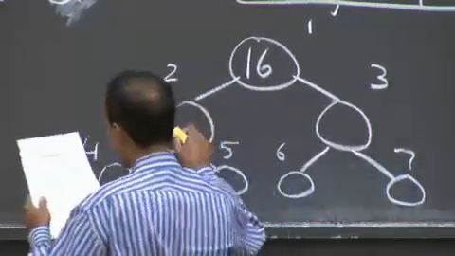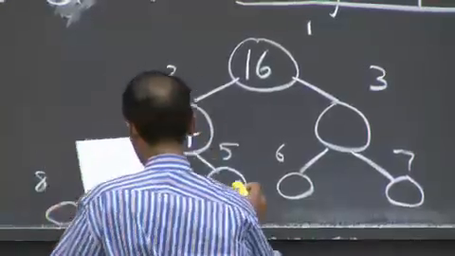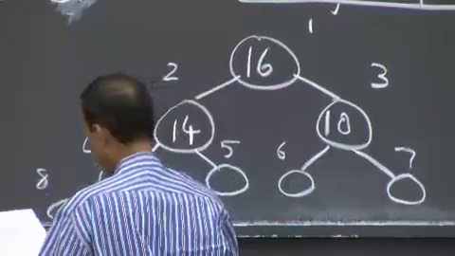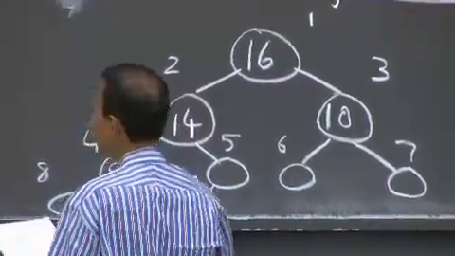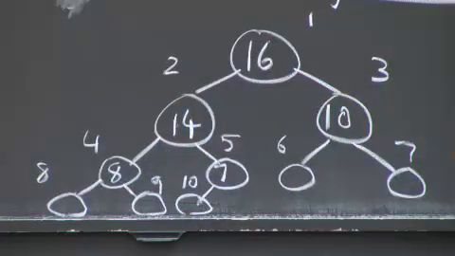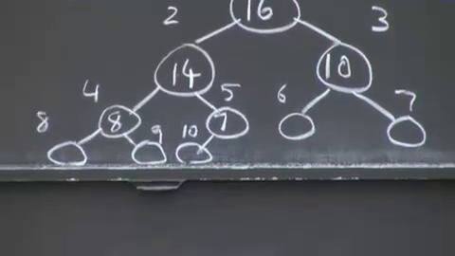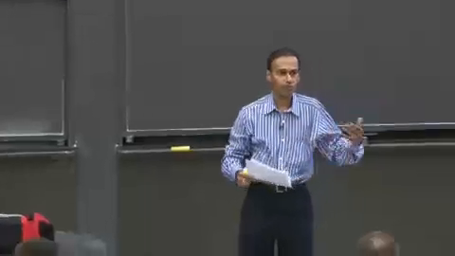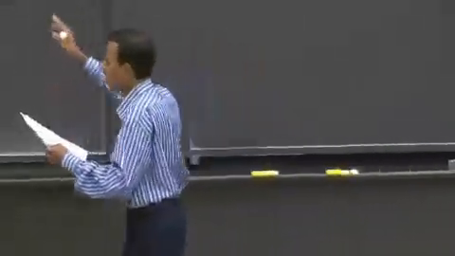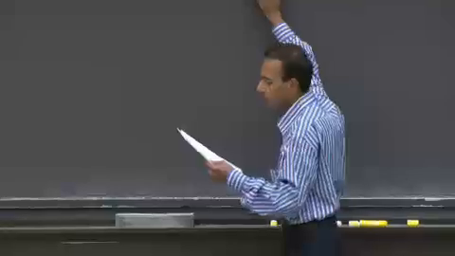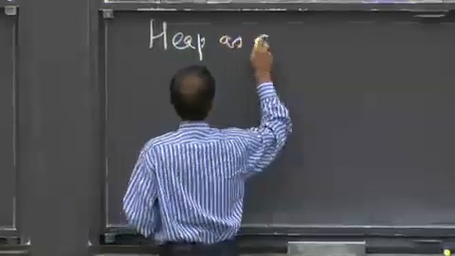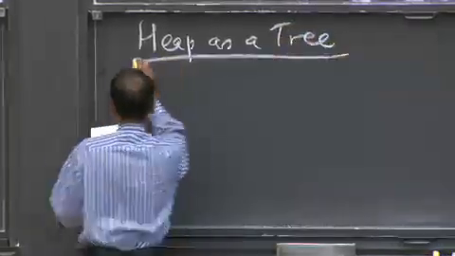And so I'm not going to fill in all of these, but I'll do a couple. So you have 10 here, and 8, 7, etc. So that's a heap structure. So what's nice about this heap structure is that you have a tree representation of an array, and that lets you do a bunch of interesting things. What do you get out of this visualization? Well,